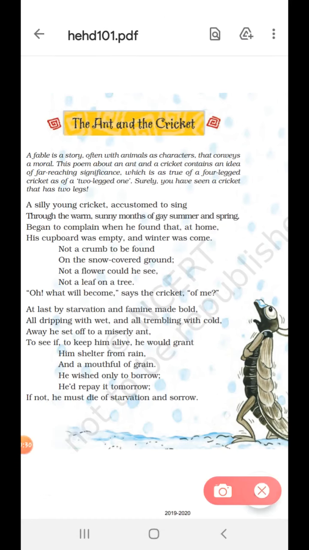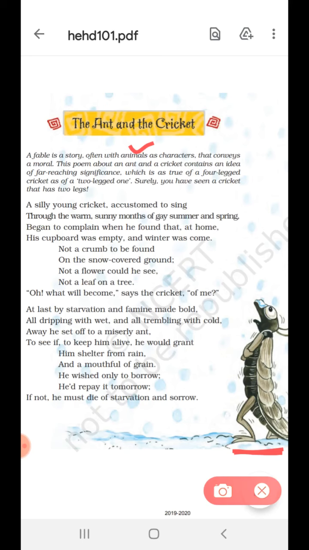So here this poem is actually a fable. A fable is a story, often with animals as characters. Who plays the role? It is played by the animals or insects. They act as characters which convey a moral or a meaning. That means a fable is a short story portrayed by the animals, which conveys a moral